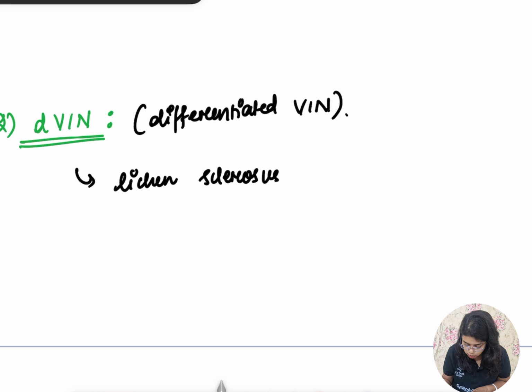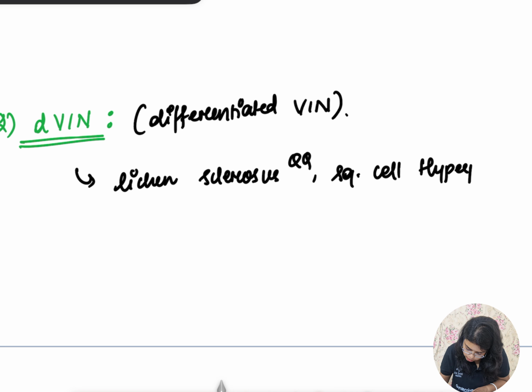I will show you the image of lichen sclerosis and what happens in lichen sclerosis. It is a skin condition, and when not treated, lichen sclerosis leads to differentiated VIN, that is vulval intraepithelial neoplasia, and that later on becomes malignant. Lichen sclerosis is the most common, and may also be associated with squamous cell hyperplasia,